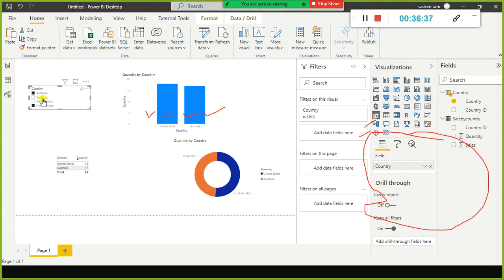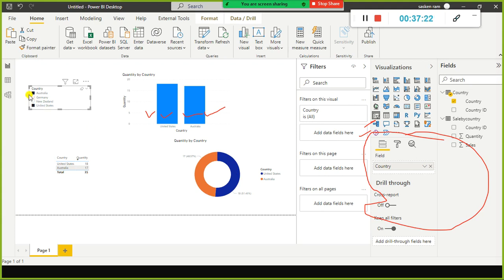Now when I select these two countries, automatically in the other visuals, the values corresponding to these countries are filtered. Look here, United States and Australia. For these two countries, what are the sales? What is the total units sold for these two countries? That is what we can see here. Similarly, we can see it in other visuals also. When you apply a filter, the corresponding values will get filtered in the other visuals also. That is what we are saying.